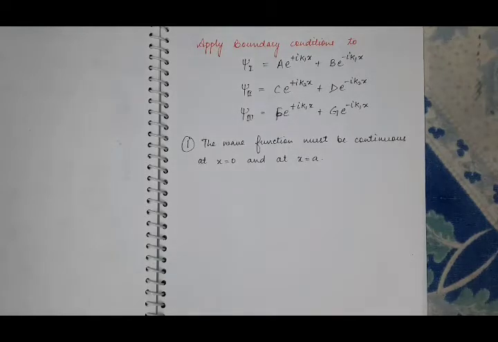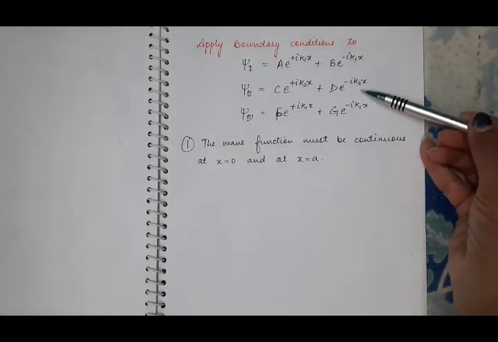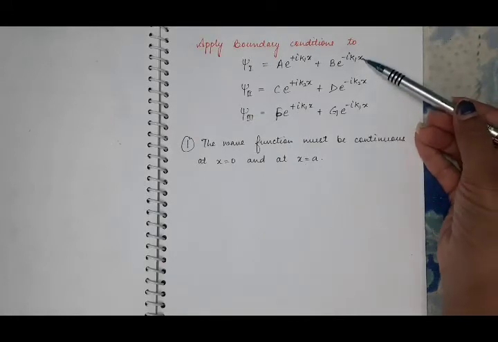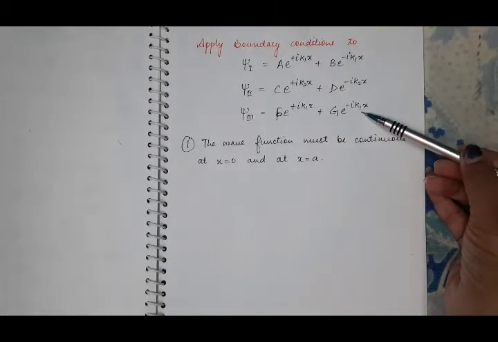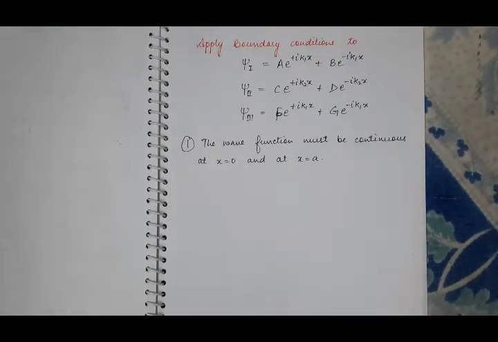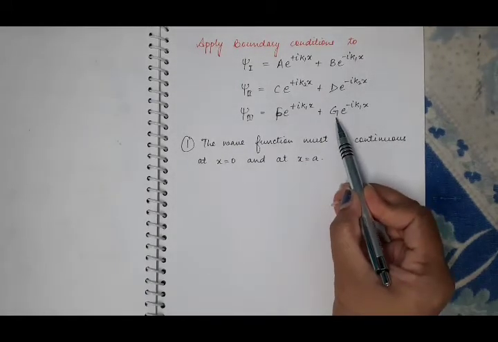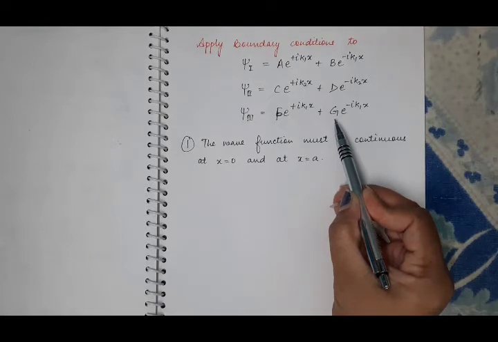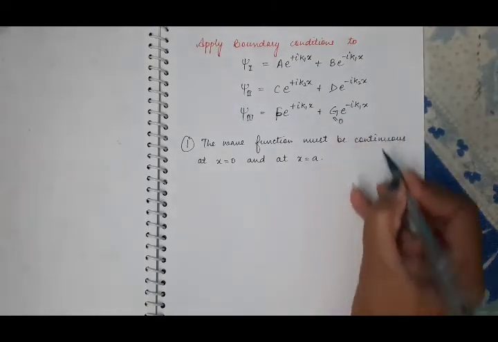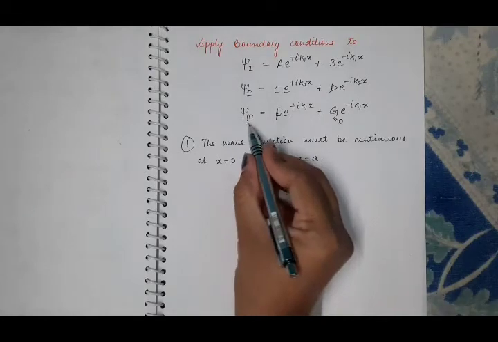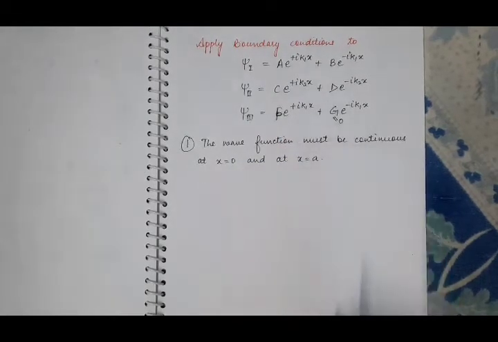As in the first part, we have derived the values of these three wave functions. This is the wave function in region 1, wave function in region 2, and the wave function in region 3. And we have taken this g is equal to 0 because there is no barrier in region 3 for reflection to take place. So that's why this g is 0 and we have psi3 is equal to f e raised to power plus iota k1x. Now we will apply boundary conditions.